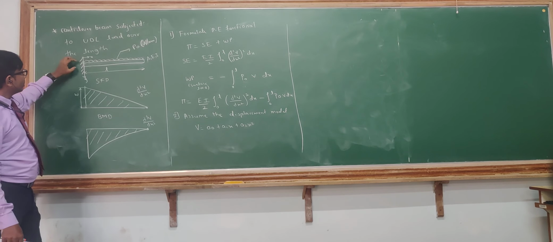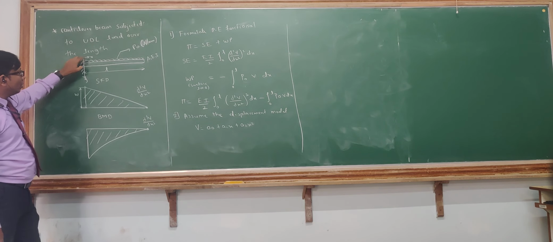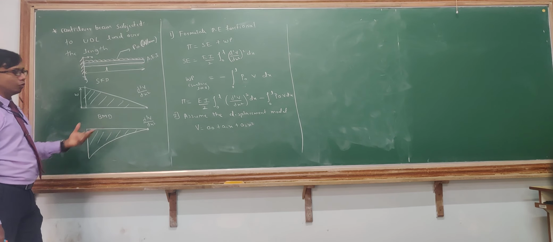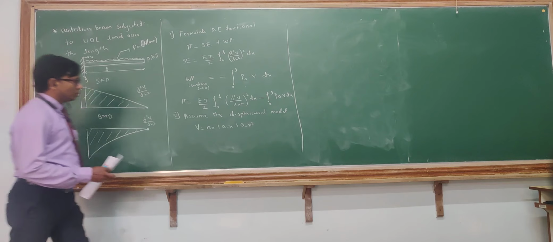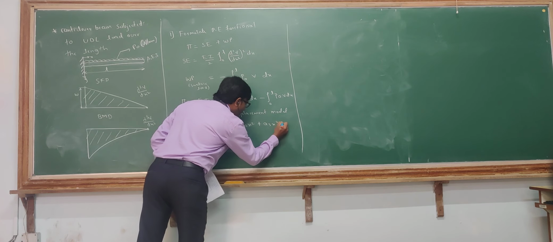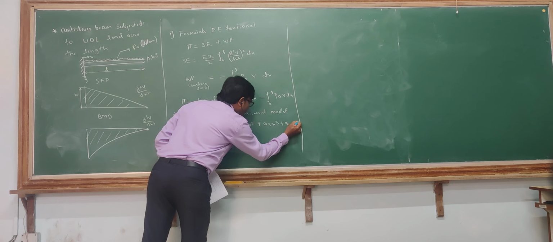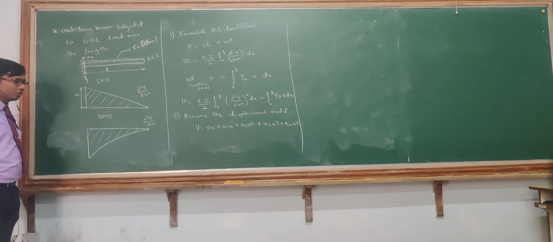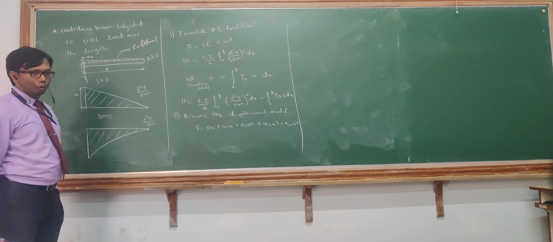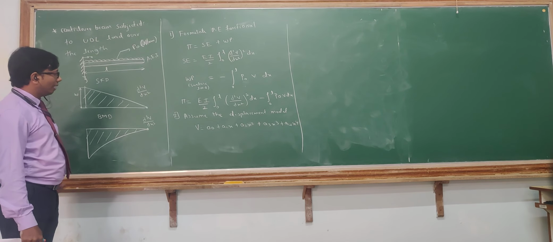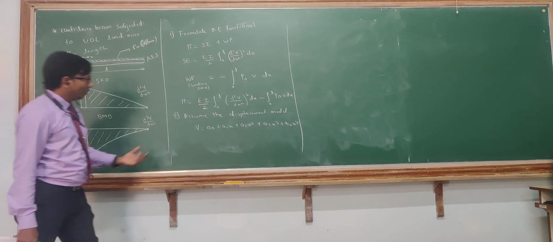So how many constants do we have now? These 2 degrees of freedom, 1 load, and these 2 other boundary conditions. So I have to get 5 constants. So I'll be taking it as plus a3 x cubed plus a4 x raised to 4. So these are the 5 constants which we will be taking in the displacement function. I hope you got to know why we have taken 5.